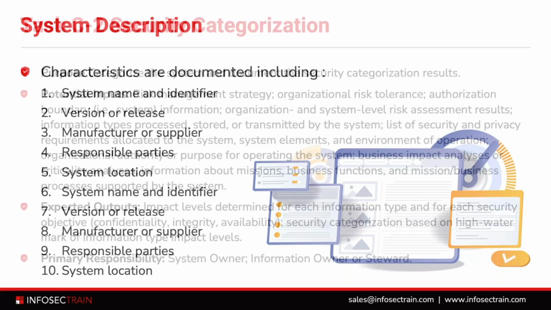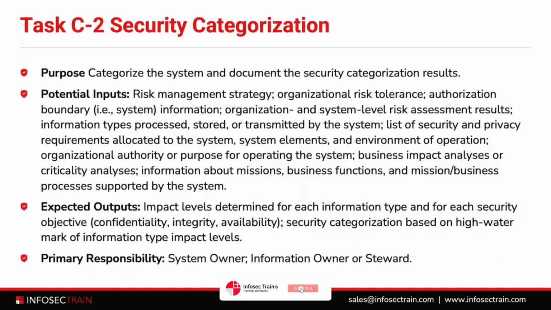The next task is the security categorization. This is the actual categorization of the system, where we categorize the system and document it on the basis of the impact level it can have on other systems and within and external enterprises as well. The potential input to this particular task is our risk management strategy,